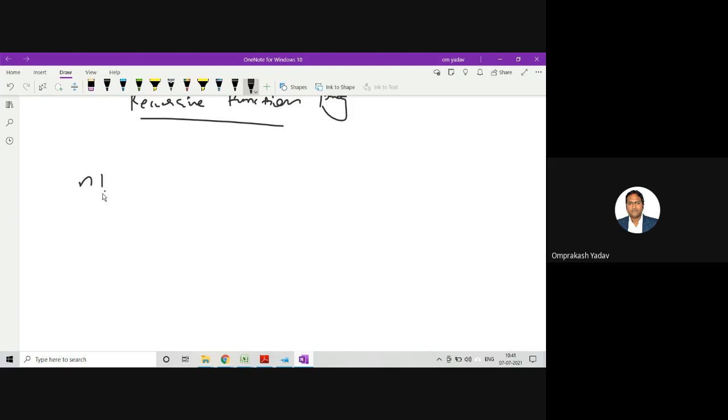For example, now the job is to find n factorial. So here we know that when n becomes 0, the factorial will be 1. Okay.